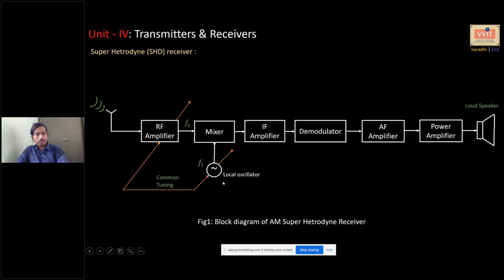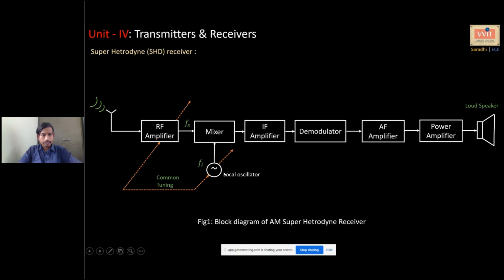It is like this. In a tuned radio frequency receiver, we need tuned amplifiers with varying Q values, isn't it? The Q value may range from 55 to even 105. A lot of variation is there. If you want to tune your receiver to 550 kilohertz, the Q required is 45. If you want to tune to a channel with center frequency 1050 kilohertz, then the Q required is 105. And you cannot have tuned amplifiers of that kind.